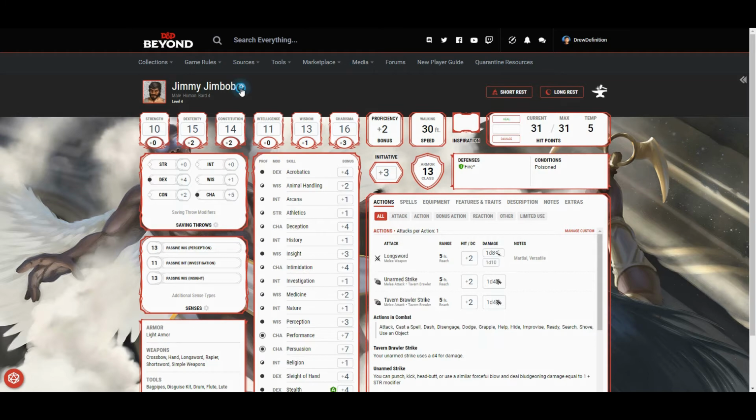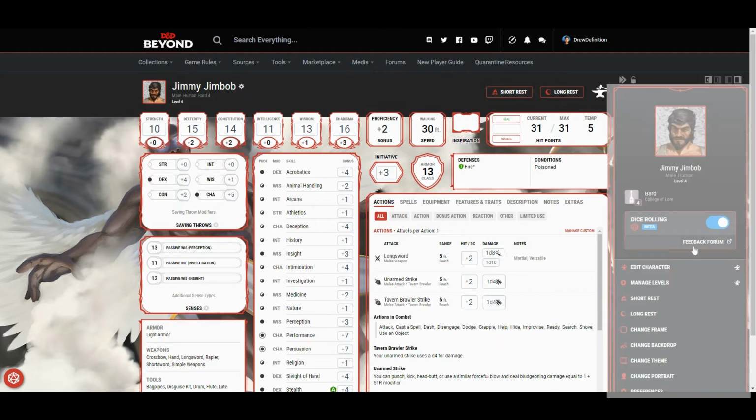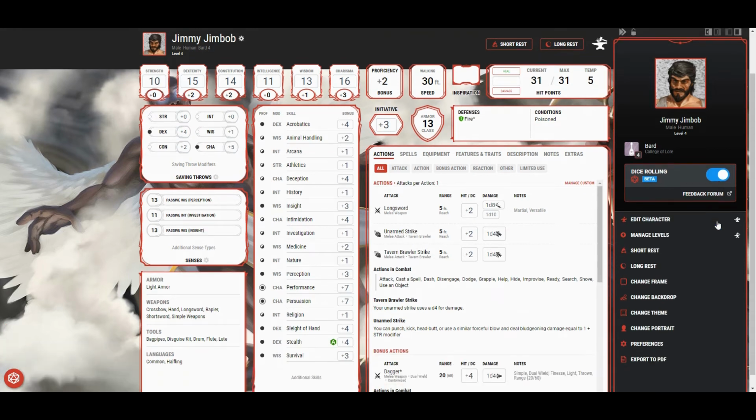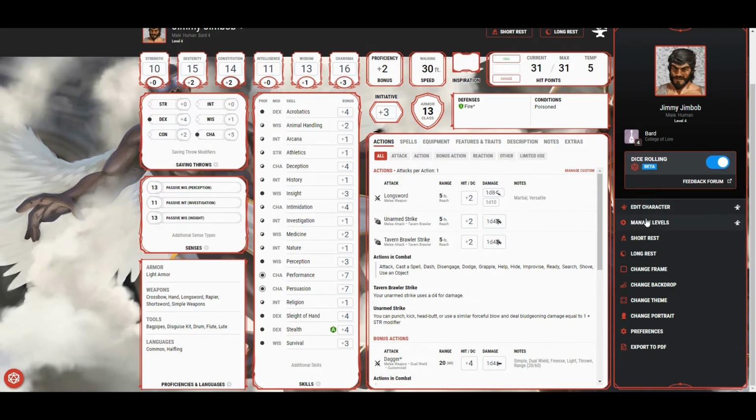If you click on the cog, you will get options on the side, as you can enable or disable the dice rolling feature that's part of D&D Beyond. You can edit your character, manage your levels. Don't potch with that stuff without your DM knowing about it. Short and long rest buttons, and then these four things here are just to customize yourself,